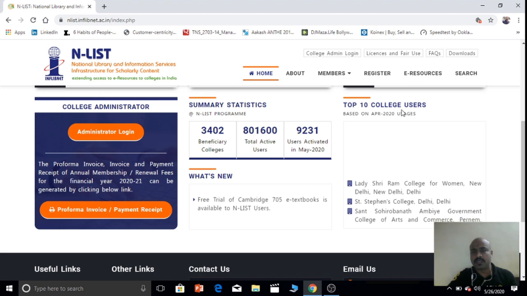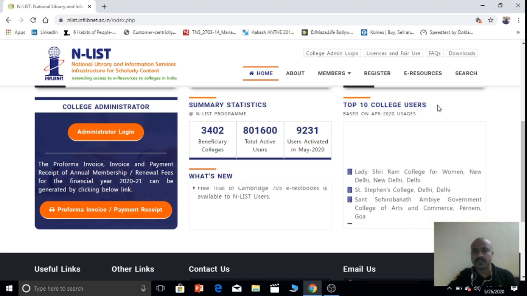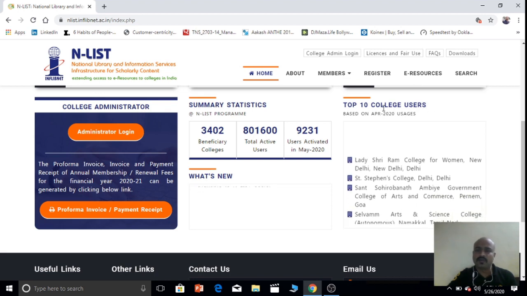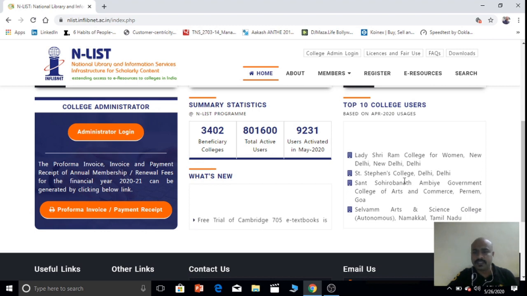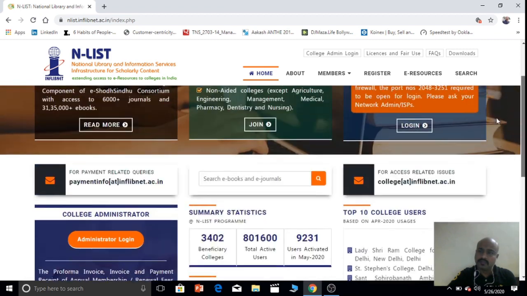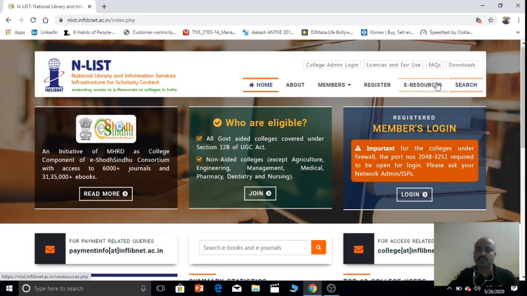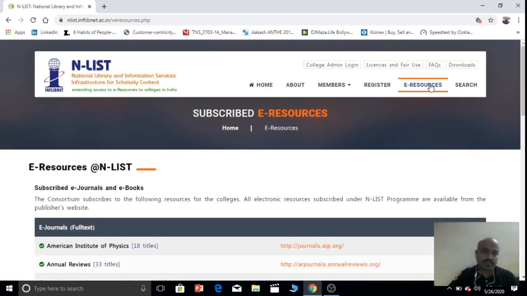Near the cursor you can see top 10 college users. Enlist displays the top 10 college users which have used more Enlist resources. Then we will go to e-resources and actually search resources available in Enlist.